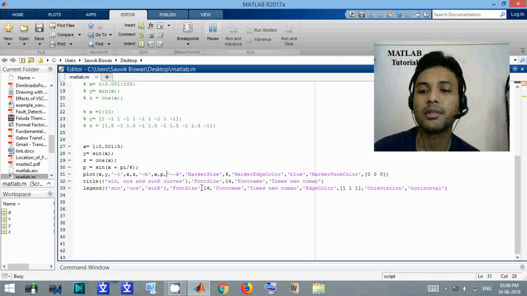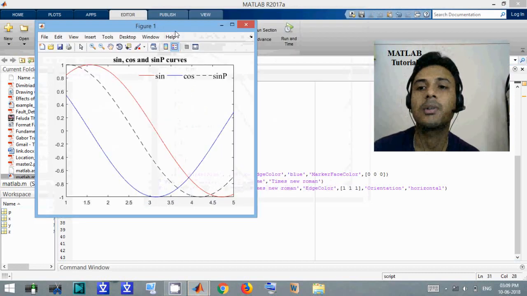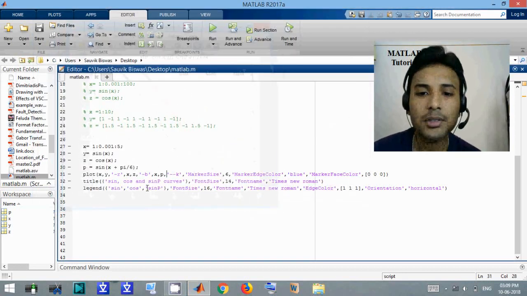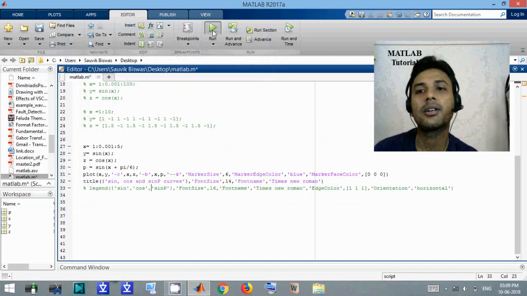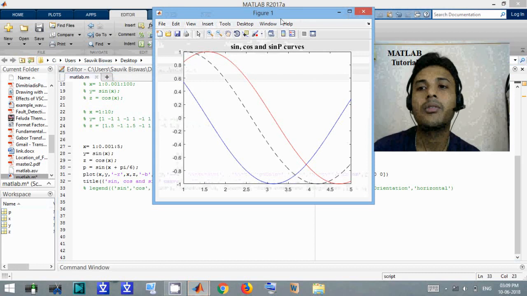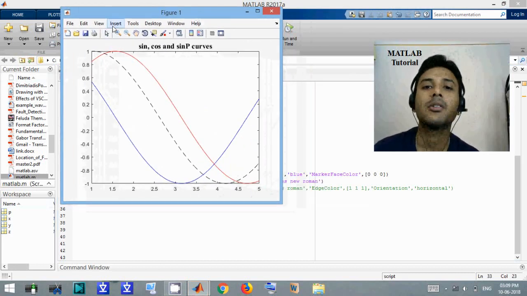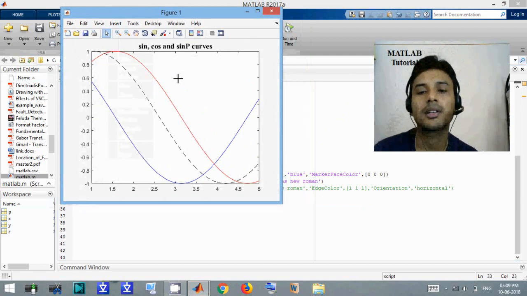Let me run it first. There are three curves. If we just comment out the legend, now we cannot distinguish the curves. Now we insert text arrow here, right? So this is